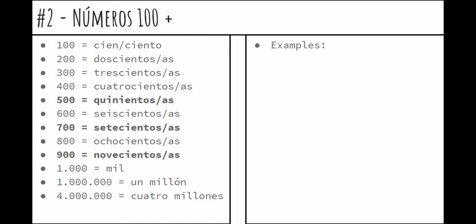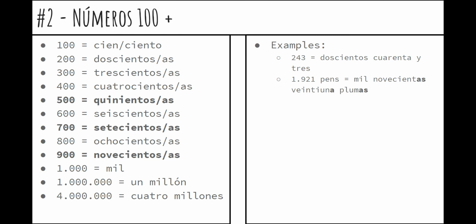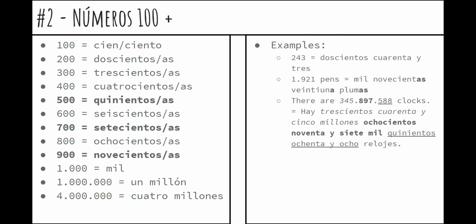So a few examples. 243, you've got doscientos cuarenta y tres. You've got 1,921 pens. You've got mil novecientas veintiuna plumas, matching gender. Then there are 345,897,588 clocks. Hay